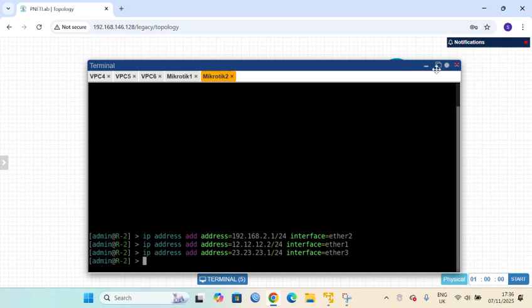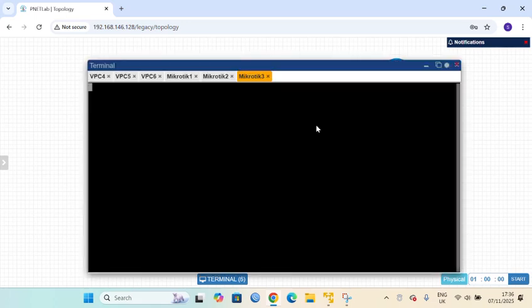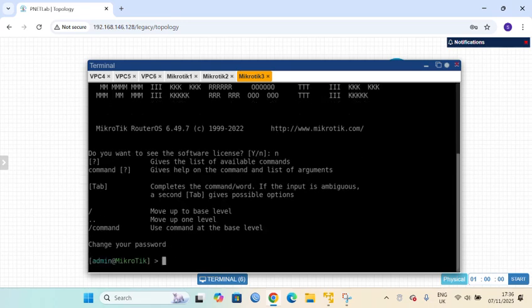So we go to router 3. Admin, enter, and then system identity set name router 3, enter.